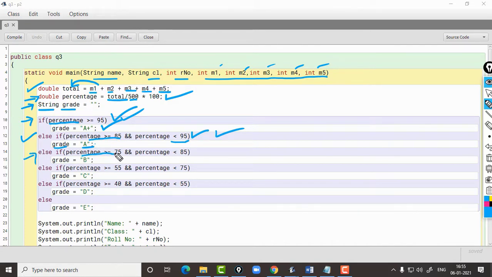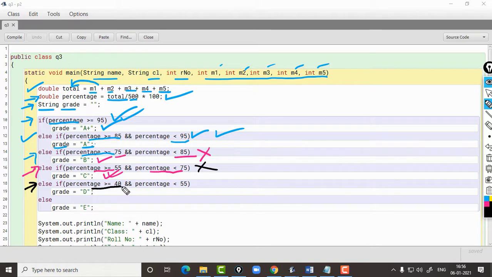Next condition is percentage greater or equal to 75 and percentage is less than 85. If this condition is true, then grade will store B, and if this is false, then the next condition is checked. Here, if the percentage is greater or equal to 55 and the percentage is also less than 75, so if both the conditions are true, then C will be assigned to grade, and if the condition on line number 16 becomes false, then on line number 18, this condition will be checked.